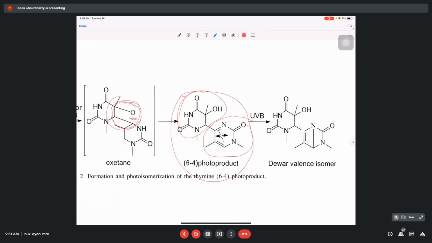It can abstract a hydrogen atom and produce this ring. And then you have this part here, that is another free carbon atom here. So if you just make a homolytic cleavage, one radical is here, another radical is here. Then this radical can form, this is a pi electron basically. It can form a pi bond here that has been produced, another pi bond that has been produced here.